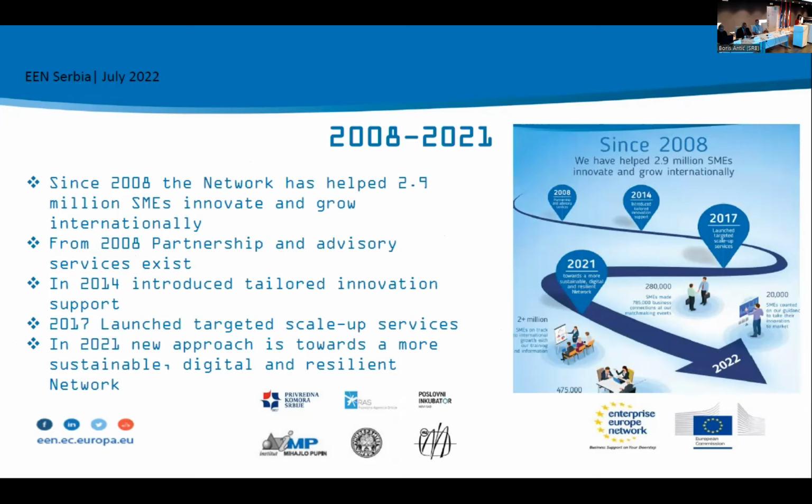In 2014, the network introduced tailored innovation support. In 2017, we launched targeted scale-up services for the SMEs. In 2021, the new approach is towards a more sustainable, digital, and more resilient network that we need to adopt according to the new